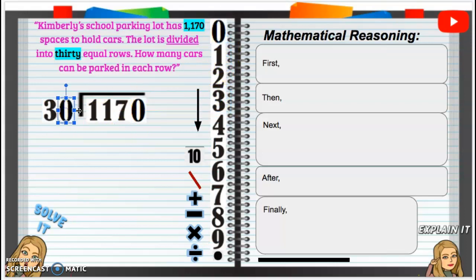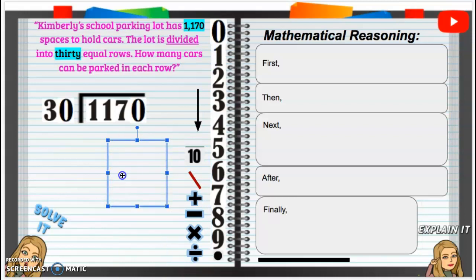All right, so let's make this a little bigger for us. Now we're going to ask ourselves, can 30 go into 1? No, it cannot. Can 30 go into 11? No, it cannot. Can 30 go into 117? Yes, it can. But now the question is how many times? Well, I know 30, 60, 90, and then if I add another, so if I have some multiples,